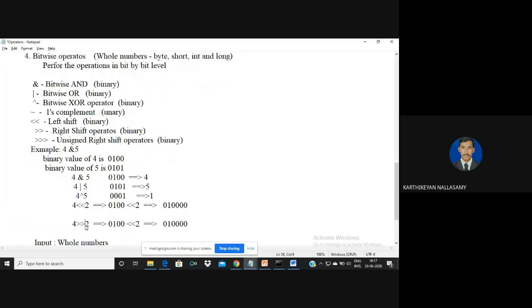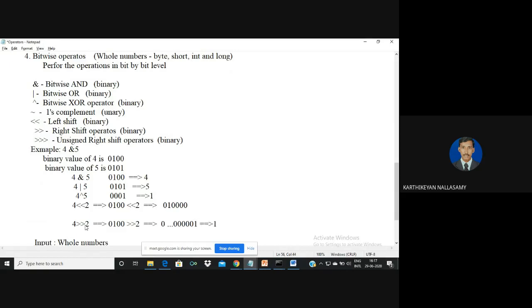So I need to remove the last 2 bits here, so these 2 bits will be changed. The remaining 30 zeros we will get. So the remaining 26 zeros we have appended here, so the number is still positive, and the answer is 1.